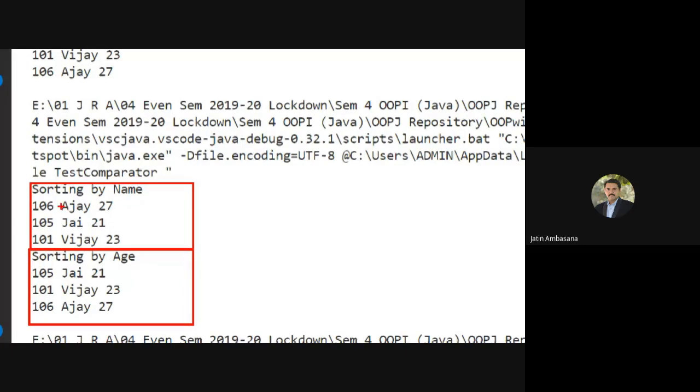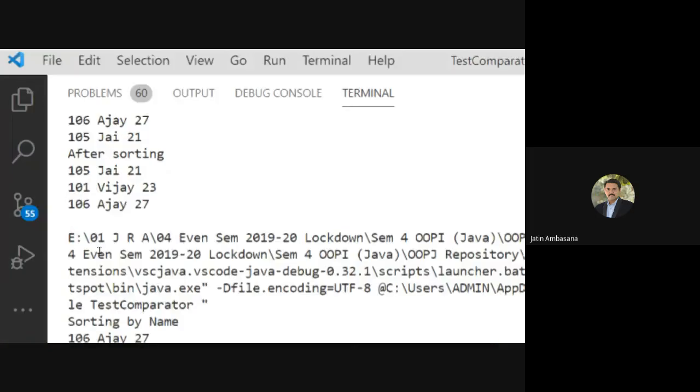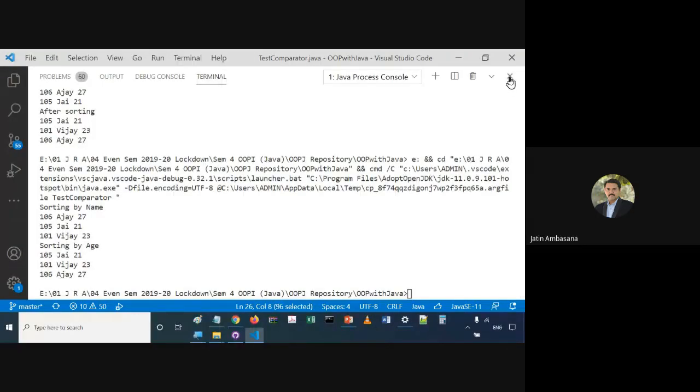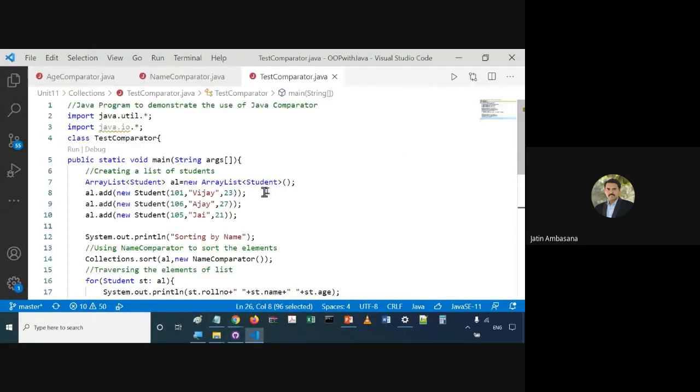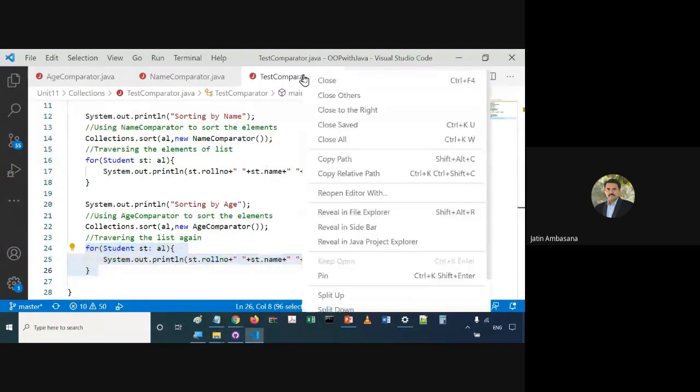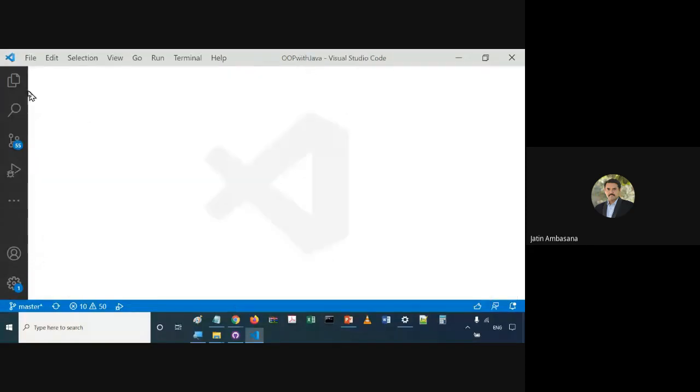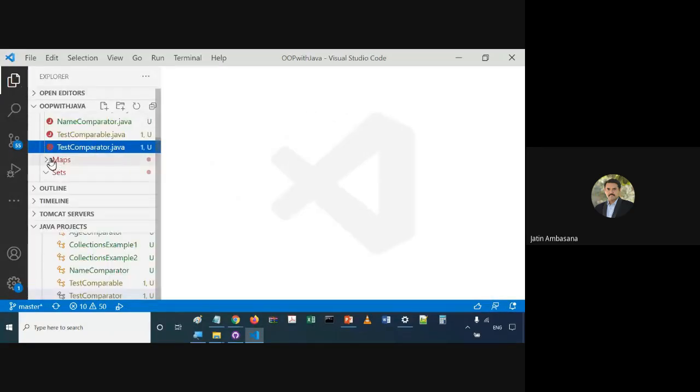Here it is Ajay, Jay, Vijay by name, and here it is 21, 23, 27 by age. You can see the sorting. Understand the difference between Comparable and Comparator? Yes, guys. This is one of the major programs that you had to see.